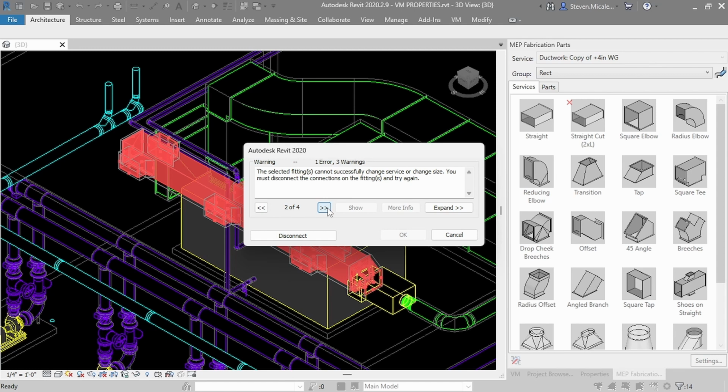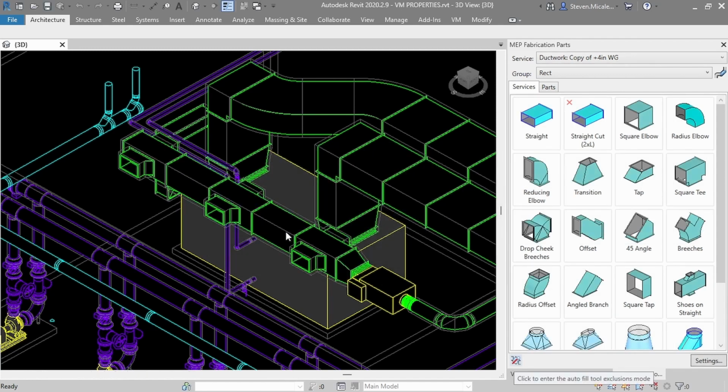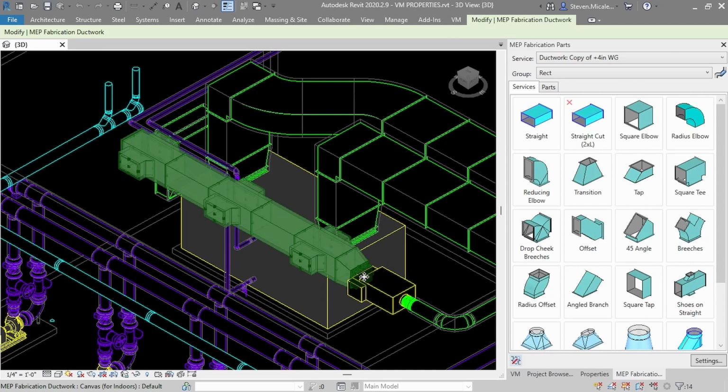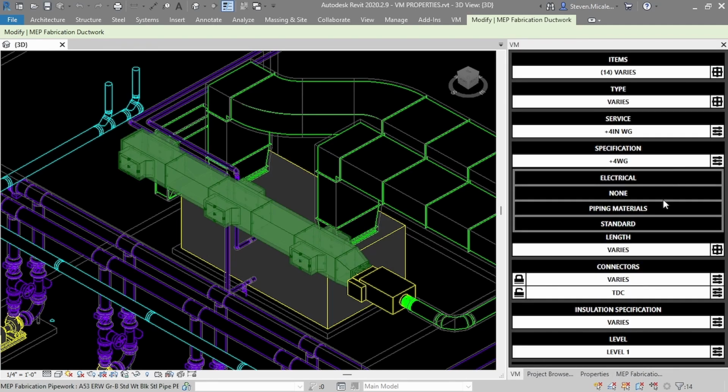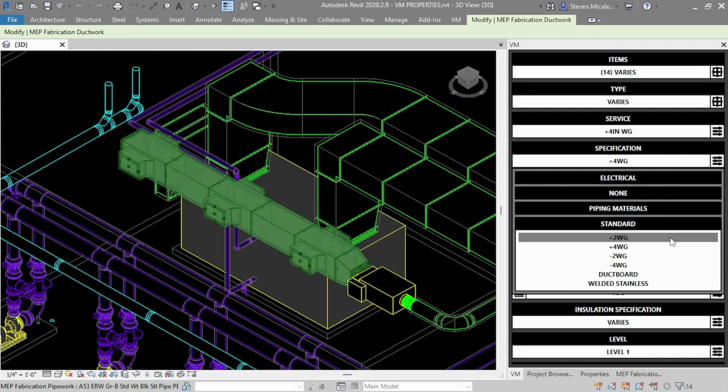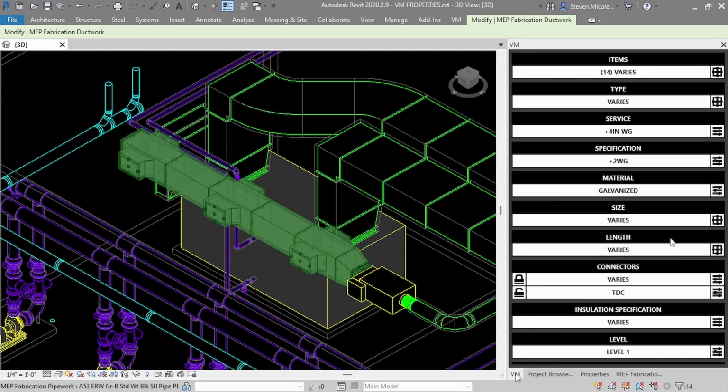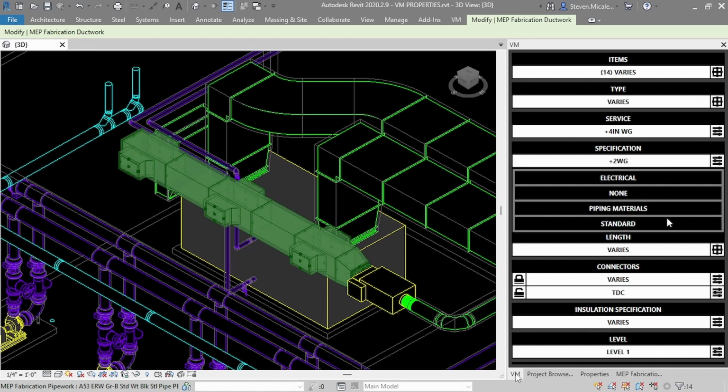Thankfully, in many cases where a service change is required, what we are really after is a specification or material change. Using the Virtual Mechanical Properties palette, we can do both. For specifications that are generally compatible, with only minor differences in gauges, materials, and pressure, changing spec is straightforward. In this isolated example, we were able to change a 4-inch water gauge spec to a 2-inch water gauge spec,